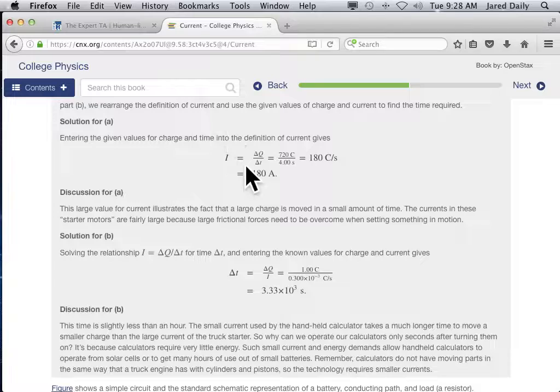180 amps battery, that's not uncommon. In fact, many batteries can crank a lot more than that. I think my battery on my car will do, I want to say it'll do 600 amps or something like that. I can't remember exactly what it is, but it's fair enough. Anyway,